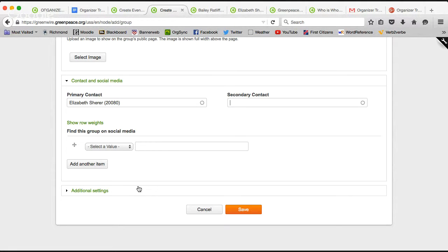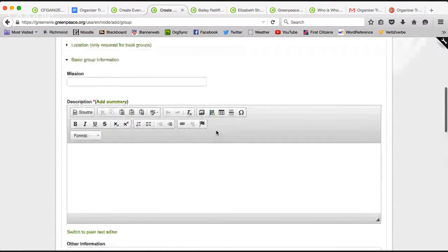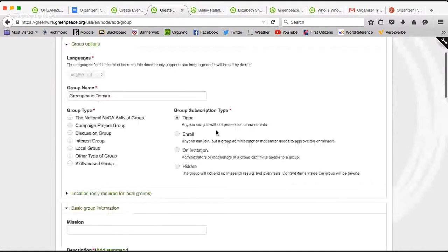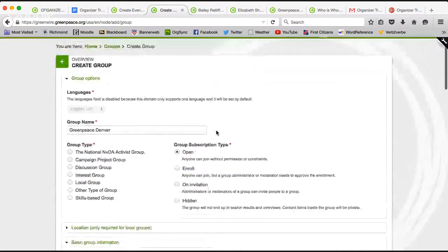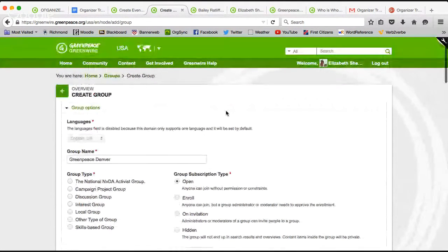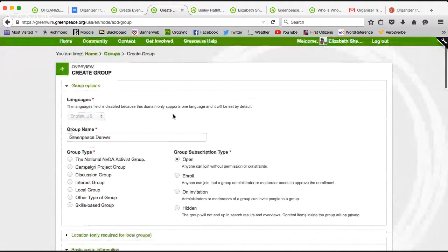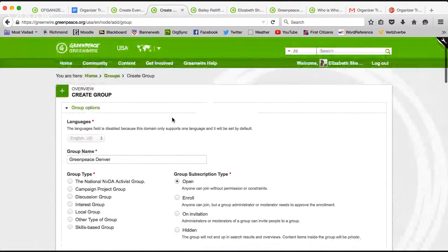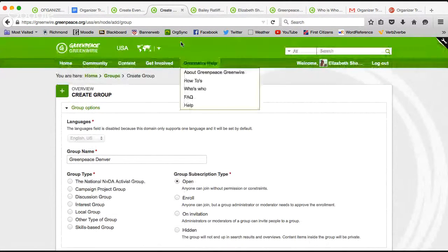And then the last thing I would say about groups is that the more active your group, the better. So the more you're posting, the more you're responding to folks. Again, this just goes along with having a welcoming and open space. And when people come to a group page that's really open and active, they're really encouraged to get involved, which again is just going to help with your recruitment.